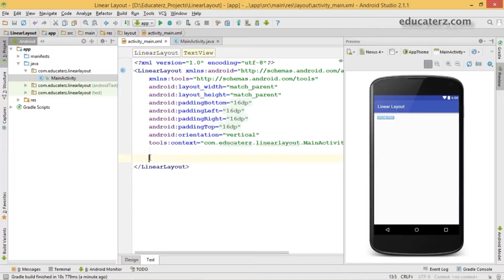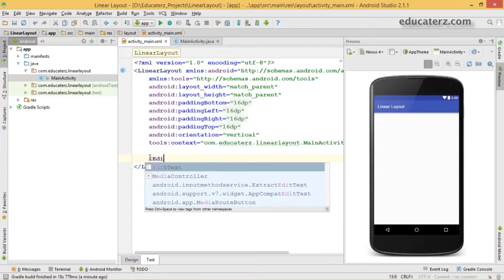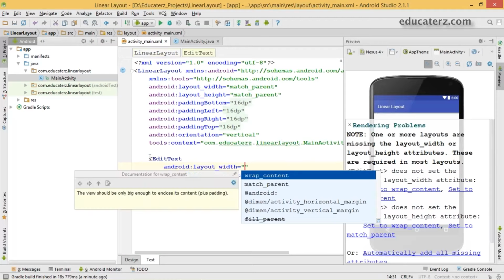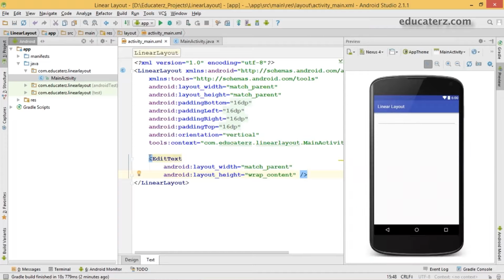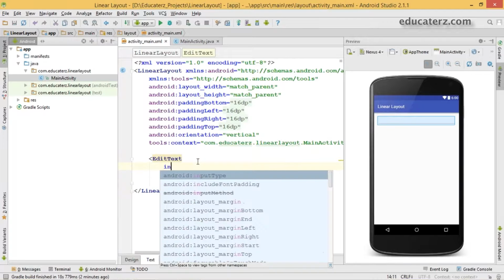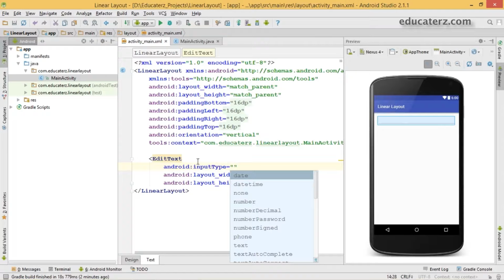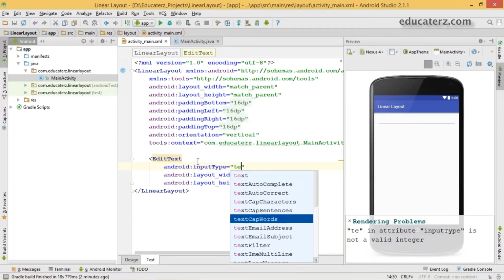As per our layout, I need three edit texts and one button. So let's start with writing the code for the edit text. We are doing all of this design part within XML only in our training. For the edit text, I'm taking the width as match parent and the height as wrap content. Something is missing for the edit text, as we already discussed in the previous sessions. That must be either a hint or maybe an input type. I'm going to give an input type for this, where I'll enter my email ID. So input type will be textEmailAddress.